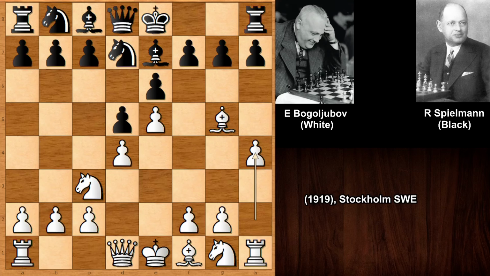sacrifice for the aggressive development, and lifting the rook is also white's idea in this position, and this is known as Alekhine-Chatard. So risky but effective, and Alexander Alekhine played a very famous, very beautiful chess game with this opening, sacrificing a pawn. So this is what happened, accepting the pawn sacrifice, queen takes on g5, and Spielmann is a